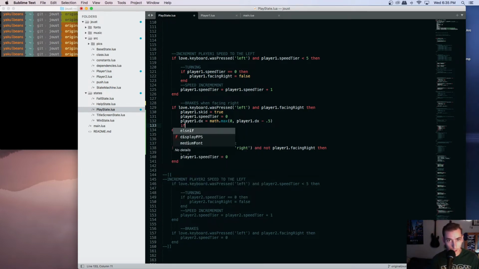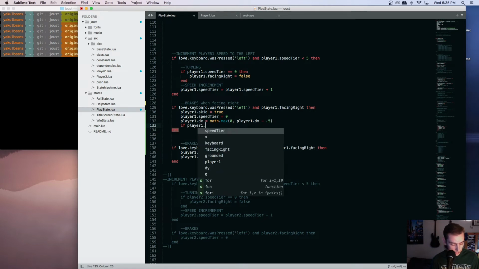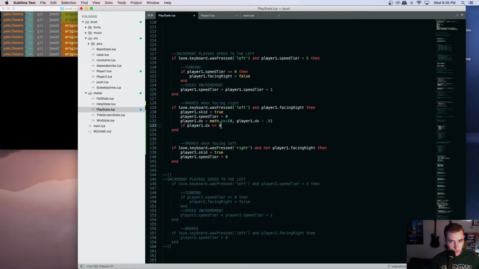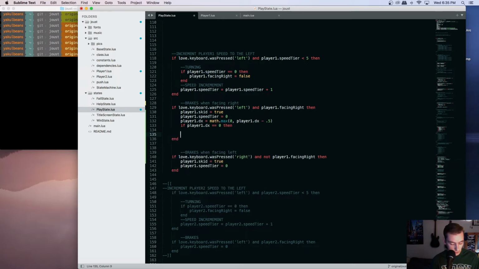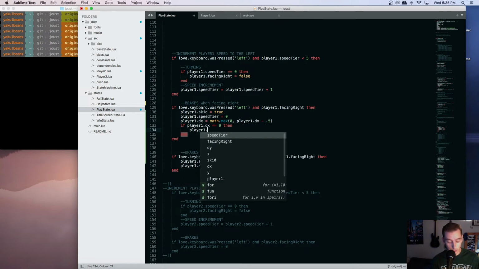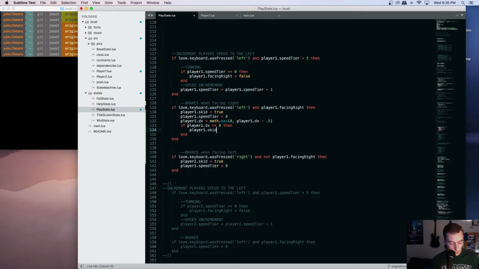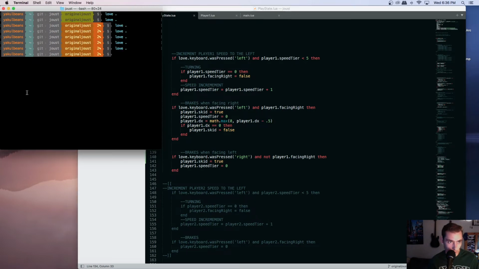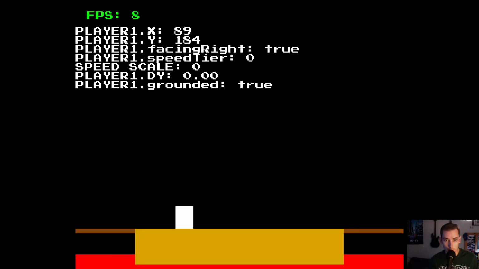And then we say if player1.dx is equal to 0, then that's when we set the flag of skid to false because it's done skidding. So that only breaks when facing right. So let me see if, well,